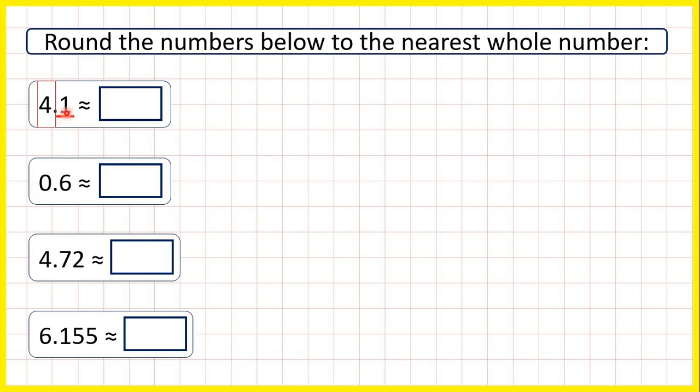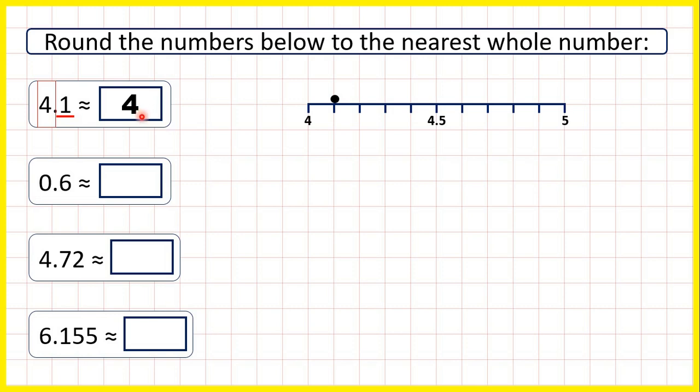We have 1 in the tenths, and because if we have 4 or less we round down, 4.1 rounds to 4, because when we round down, the digit that we've circled stays the same. And we can show 4.1 on a number line. We can see that it's between the whole numbers 4 and 5, but because it's closer to 4, we round